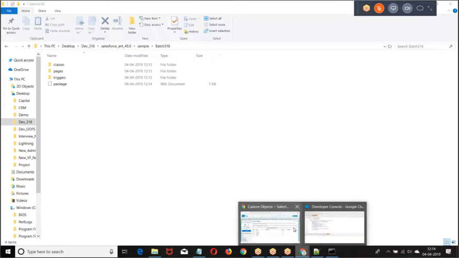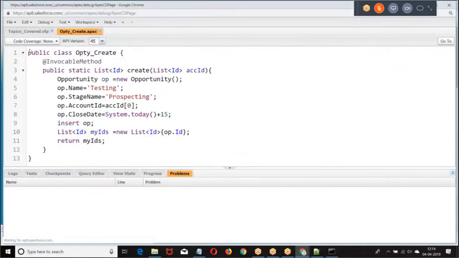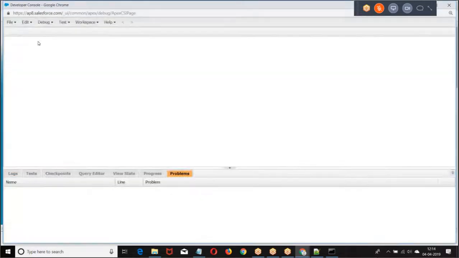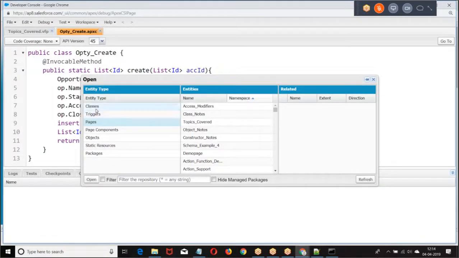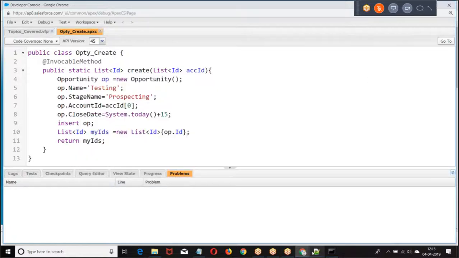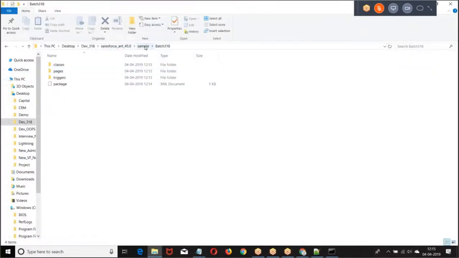How can you deploy? Test example 1, 2. Okay. Now look at the format. What are we supposed to do?